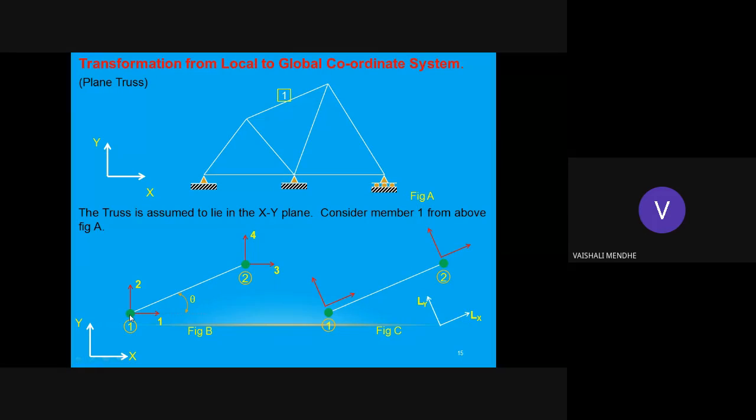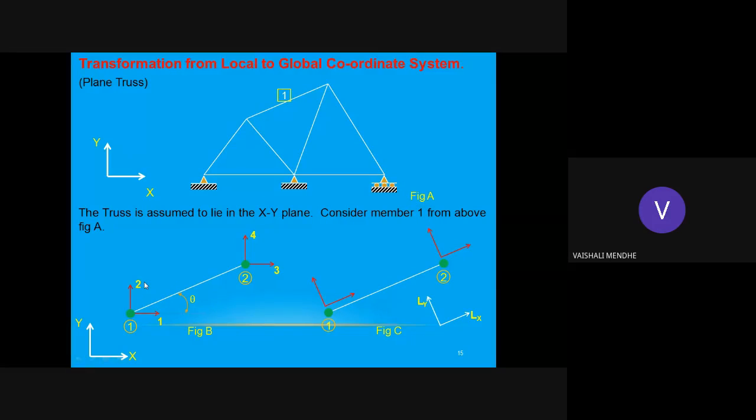For every joint, there will be two types of displacement, that is delta x and delta y. In case of a truss, there will be no bending in the members, so there will be no rotational displacement. Keep that in mind. There will be only two displacements in a plane truss at a joint. Delta x I have denoted by 1 and delta y I have denoted by 2.